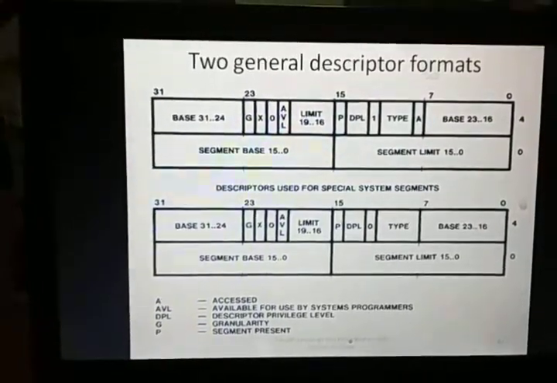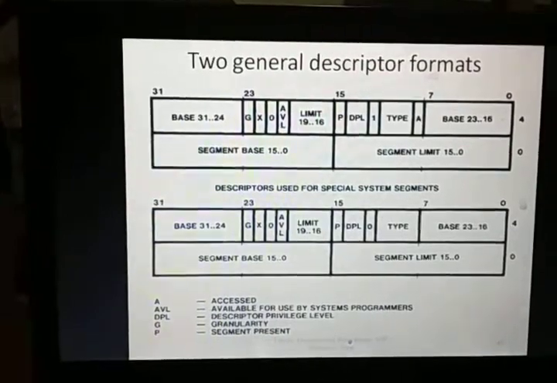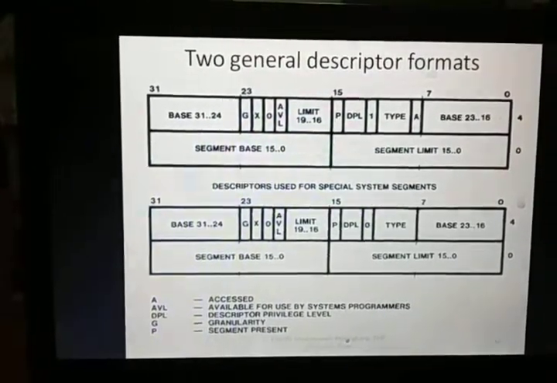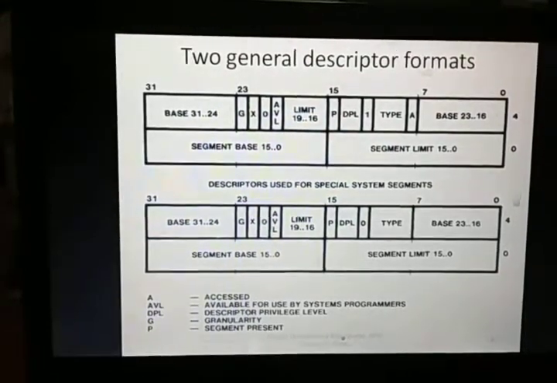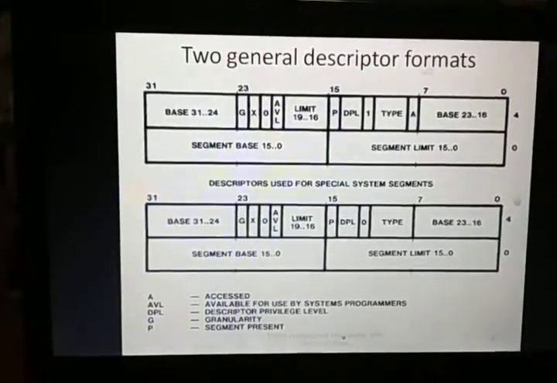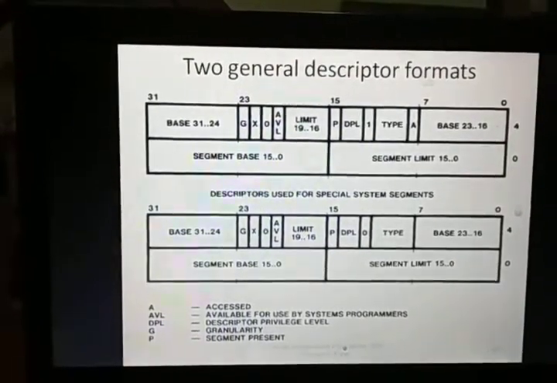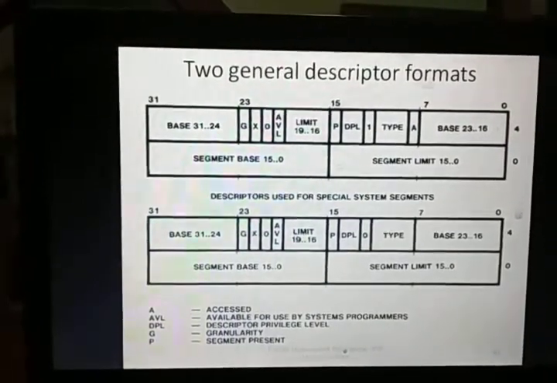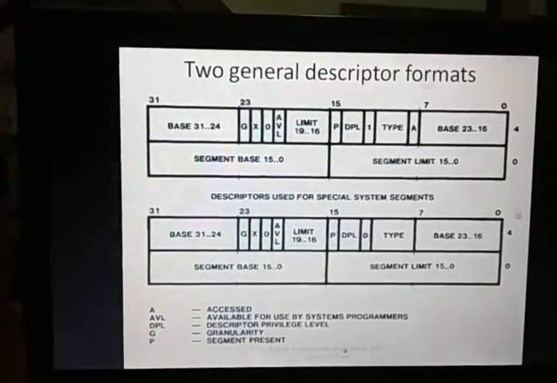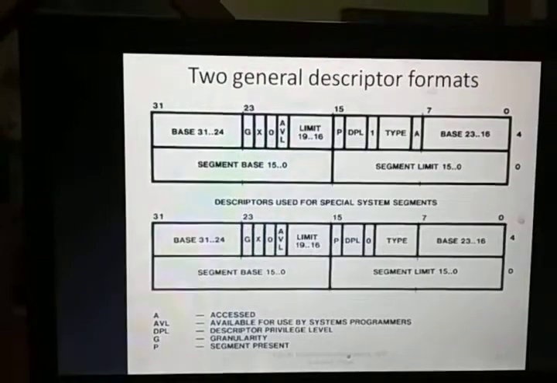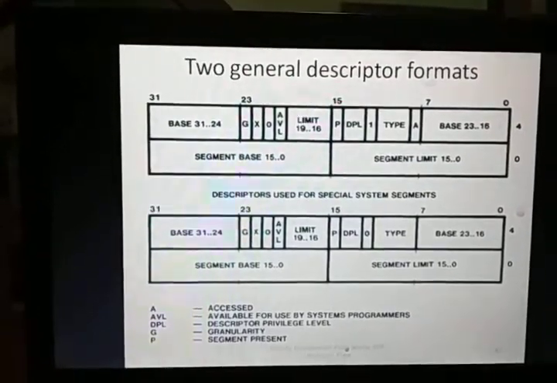The descriptor privilege level field is basically used for checking the privilege level. How do we check it? If a calling process wants to access a particular segment, the processor will check the calling process's descriptor privilege level and the target segment's descriptor privilege level.